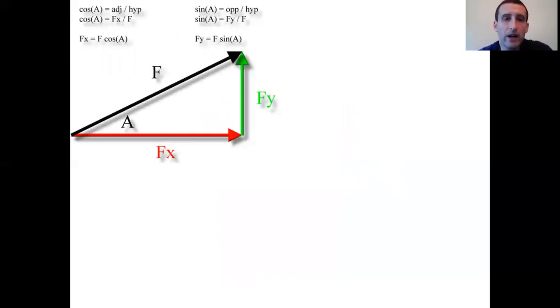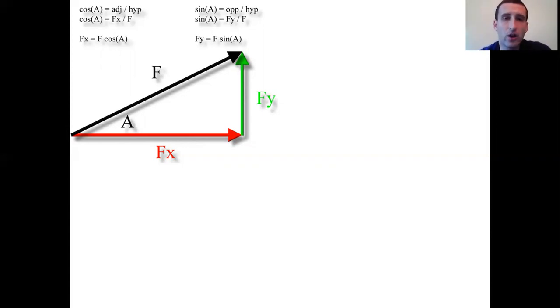So again, we're going to have to revisit the discussion we had in chapter 3 about vectors. As I mentioned at that time, the vector chapter was very much a skill chapter because we're going to come back and use the vectors and the angles over and over again. So here, just a quick review. If we have a vector F, the black arrow, and we want to break it into a horizontal and a vertical component, or here as it calls it an X and a Y component, the red and the green vectors,